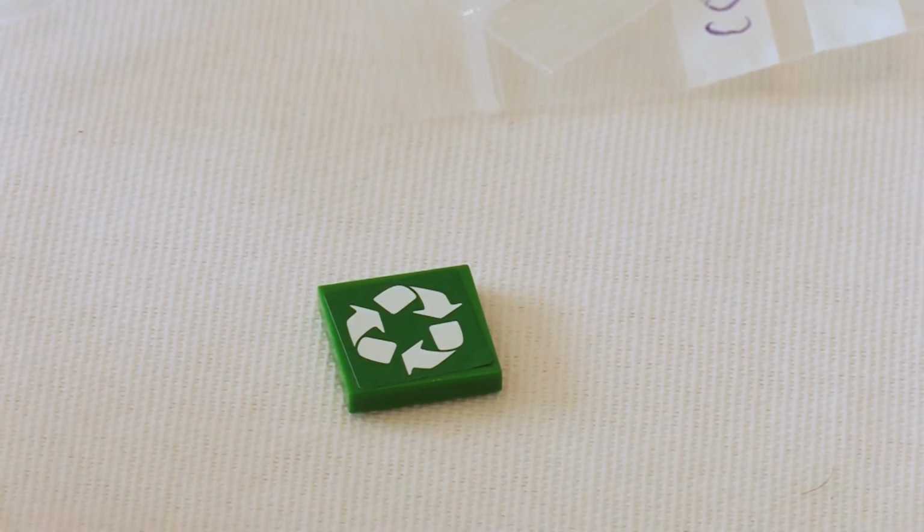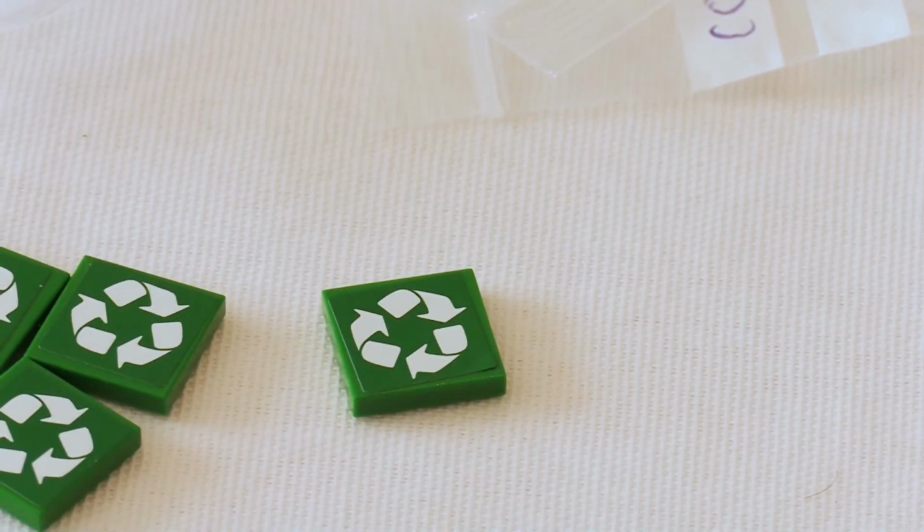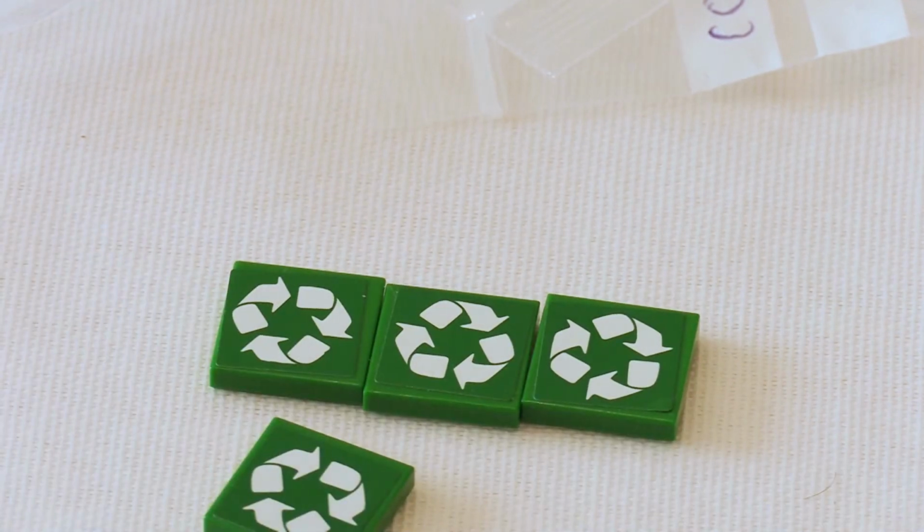Here are some tiles with recycling signs on. I thought they'd be good for recycling bins for the town centre. I've got a few of those,